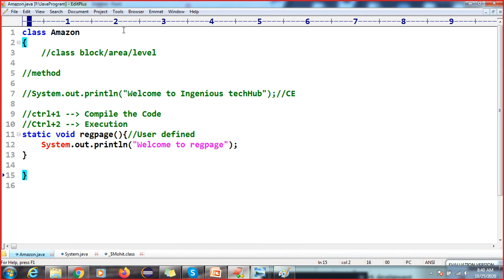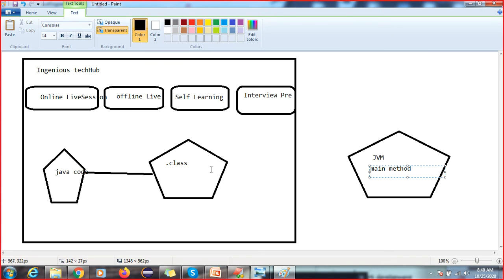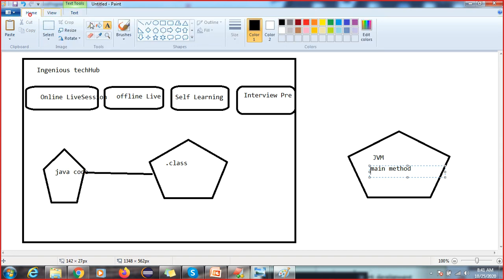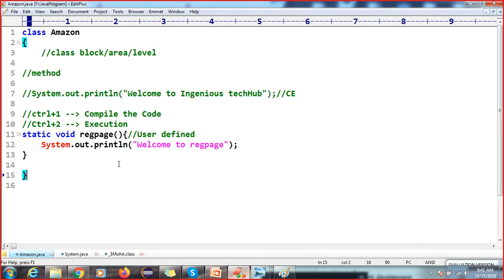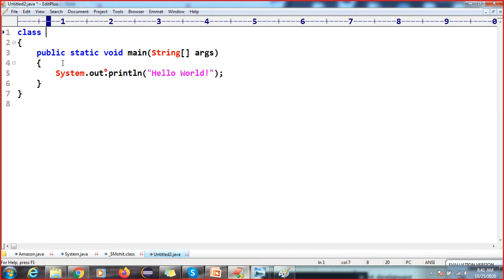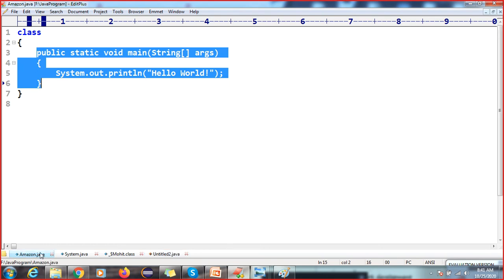And the job of the main method is that it will interact between our code and the JVM. This is the intermediator between the JVM and the developer or user. So we are the users. So this is your main method. Got it, right? The main method will interact between the JVM and the developer. That's why this main method is required. I will tell you in the coming session what the main method actually is. For now, we just have to understand how this Java code is working.